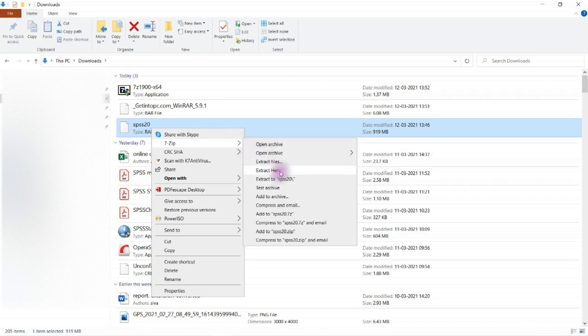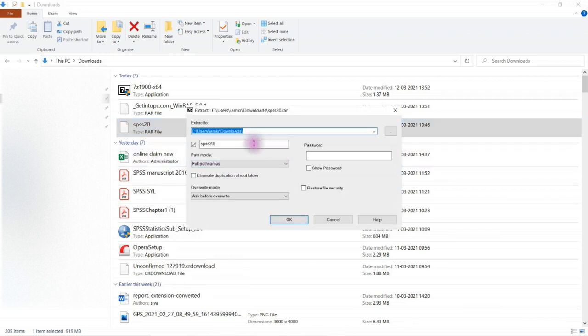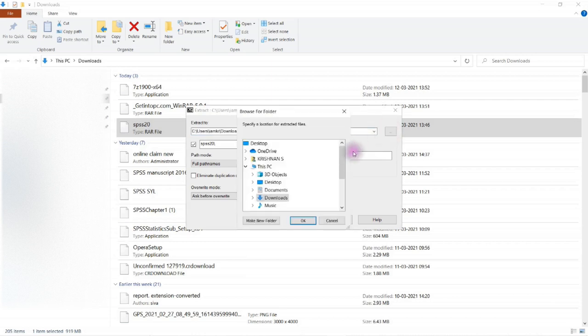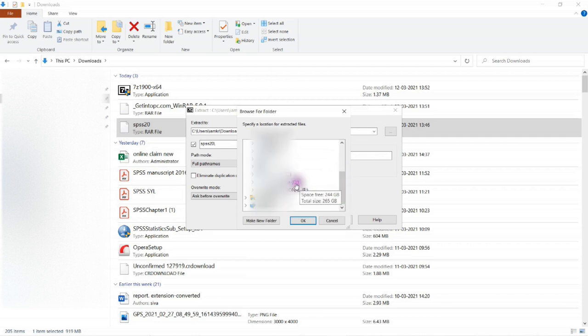So I'm selecting 7-zip and extract files. Now we have to specify the location in which we want to extract these files. I'm selecting D:. Then I am going to create a new folder. I'm giving name as sample SPSS.